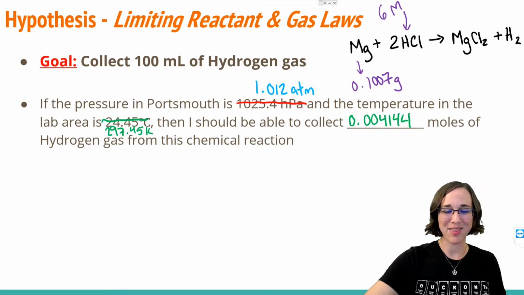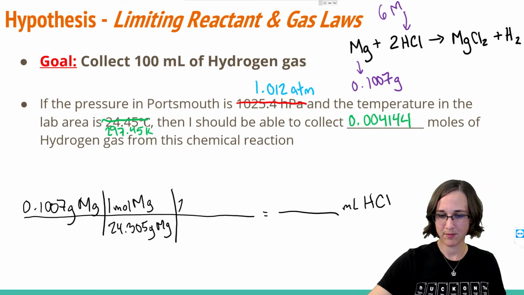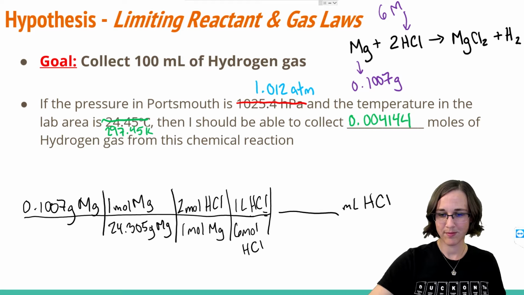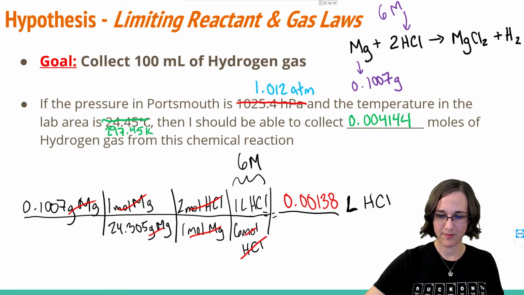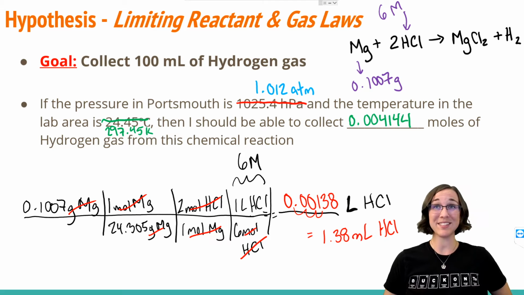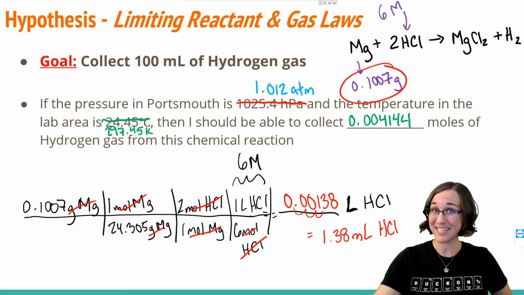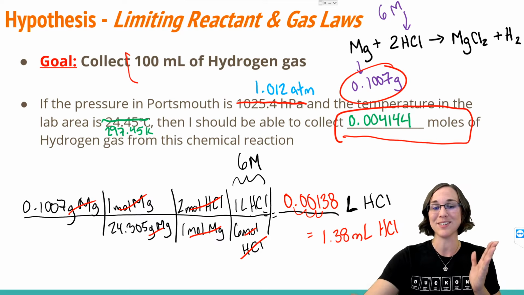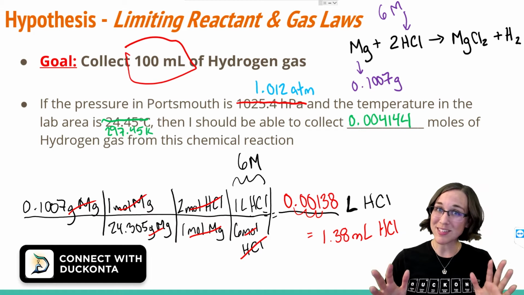Ready? Let's check your math. Alright, so we know we need about 1.38 milliliters of HCl to fully react with 0.1007 grams of magnesium, in order to create 0.004144 moles of hydrogen gas, or 100 milliliters, which was the overall goal. Now that we know the exact amounts of reactants we need, let's jump to the lab area and see how